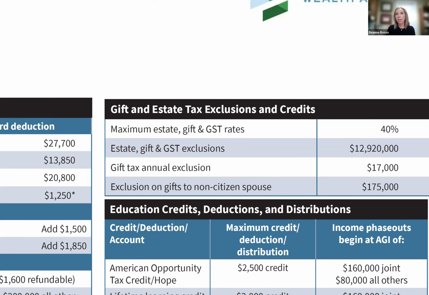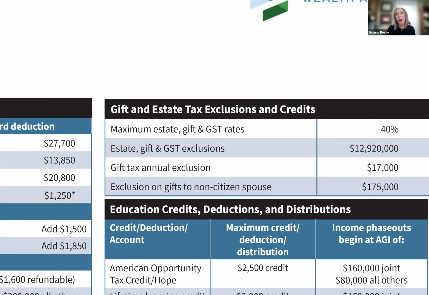Or without having to include it in your estate. So every year you can give $17,000 per individual. So that doubles if you're a couple. Each of you can give $17,000 to a child or a grandchild, and to any other individual. But the only real benefit to doing that is to remove assets from your estate so that you don't have to claim those as part of your estate.